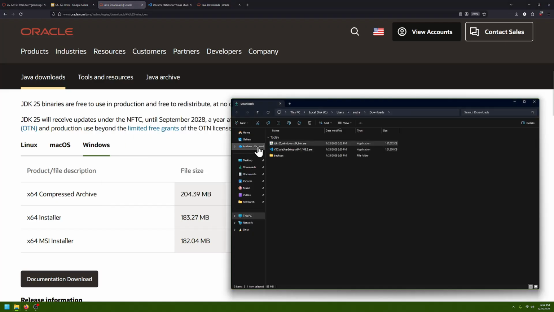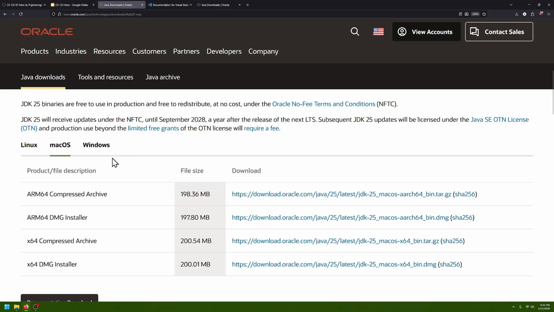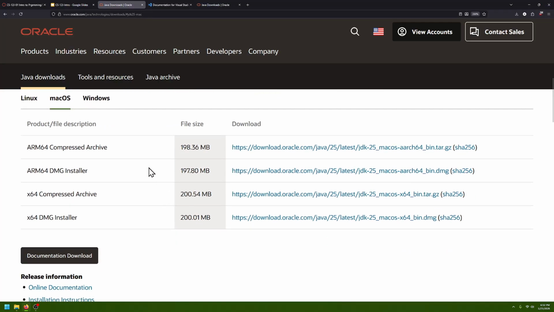Before I install it, I just want to back up a bit for the Mac people. If you're on a Mac, there's a couple different options. You will see an ARM64, and we'll also see an x64. ARM64 is typically for the newer Macs. Usually, if your MacBook doesn't have a light up Apple logo, then it's probably